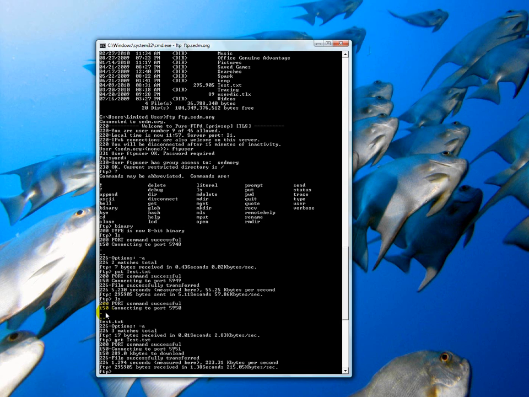There it is. So we just downloaded a file. So now we know how to upload files. We know how to download files. We know how to look at FTP commands if we want to experiment. Okay, and you can do whatever you want to that remote directory, because we normally don't park anything important there,